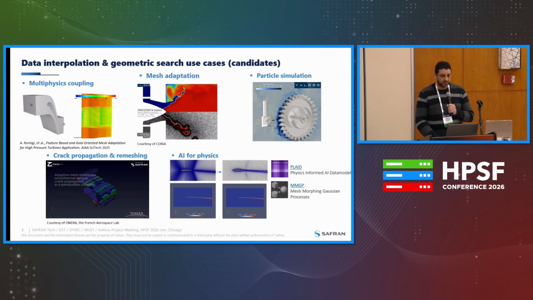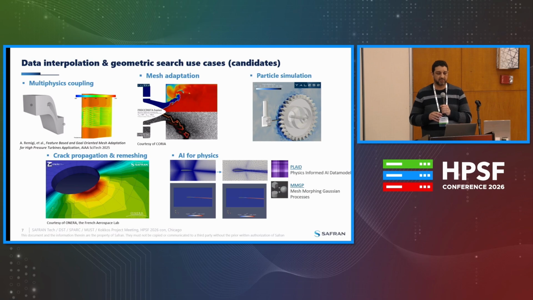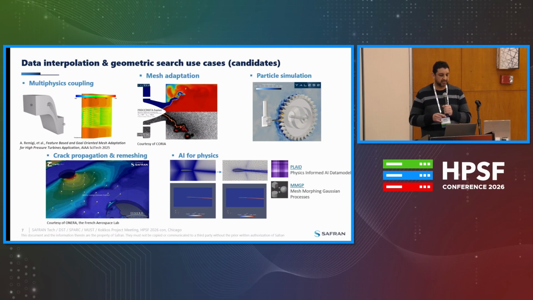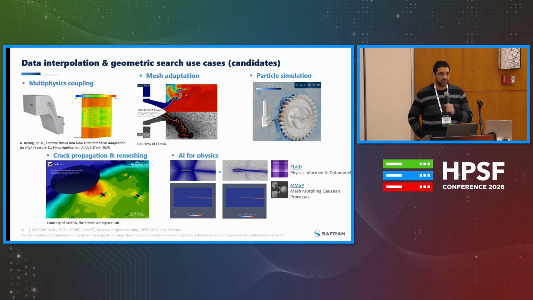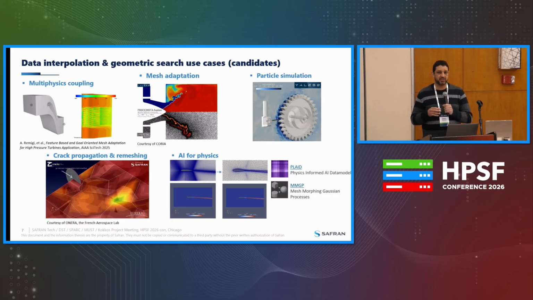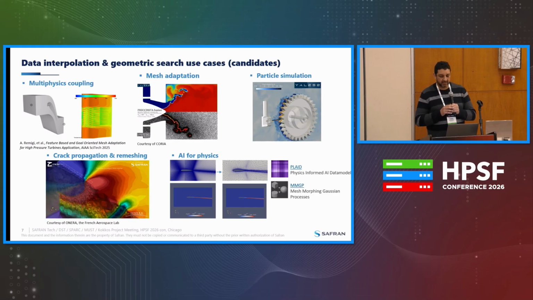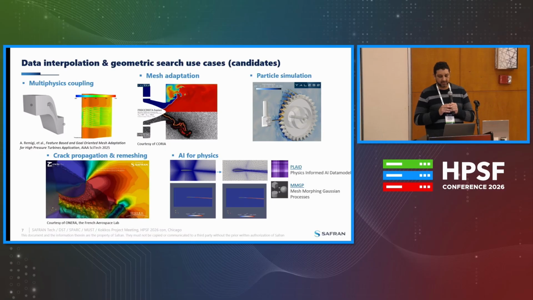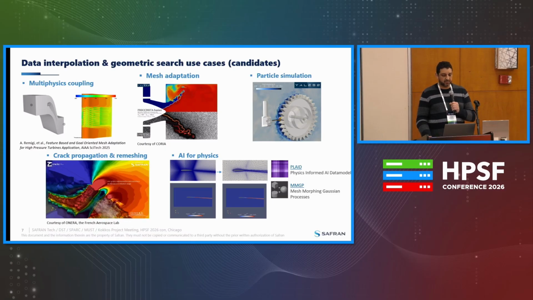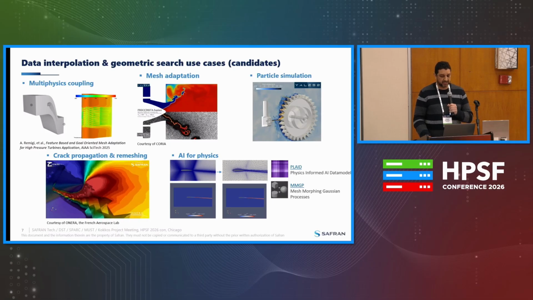So now to dive a bit deeper in the numerical methods and where we have the data interpolation. You have the coupling of different solvers where we need to transfer and interpolate the data between the solver and the interface. We also have a lot of activity in mesh adaptation, where at each adaptation of the mesh, you need to transfer the data from one mesh to another one. I already discussed the Euler-Lagrangian, the particle relocation method. We also have some crack propagation activities and remeshing, where here the difference with mesh adaptation is that we can